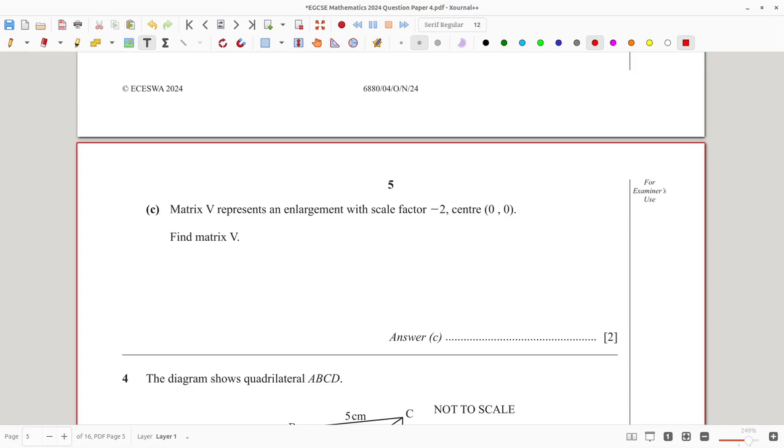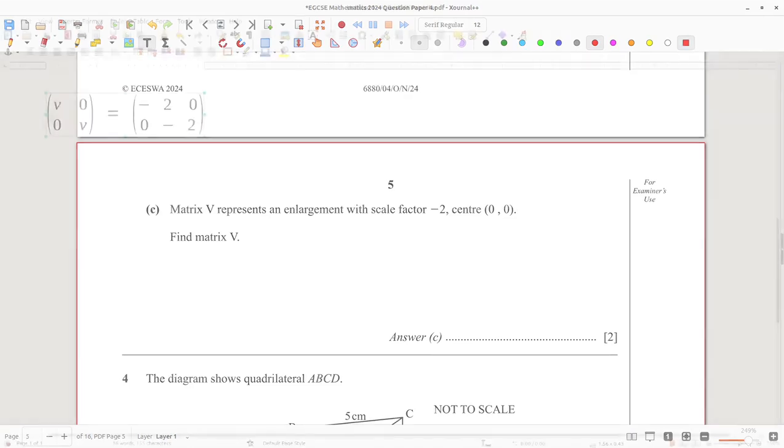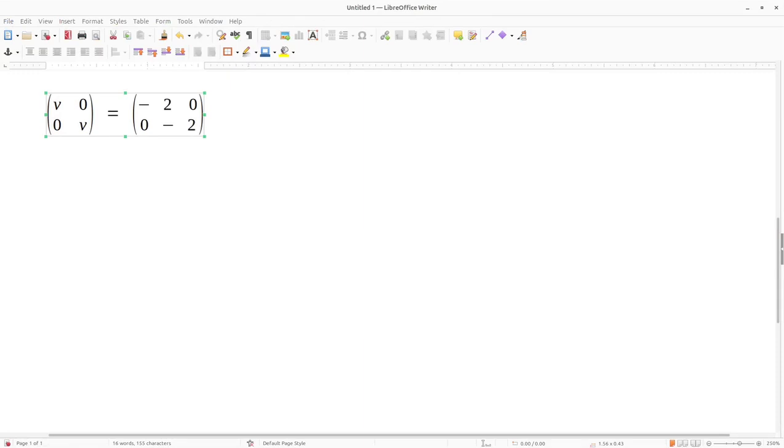Let me call the scale factor V: V, 0, 0, V. For the transformation matrix of enlargement about the center (0, 0), it's always going to be this transformation, where V represents the scale factor, and you just replace V with the given scale factor. In our case, we were given -2 as the scale factor. So basically that's the transformation matrix. Let's just write